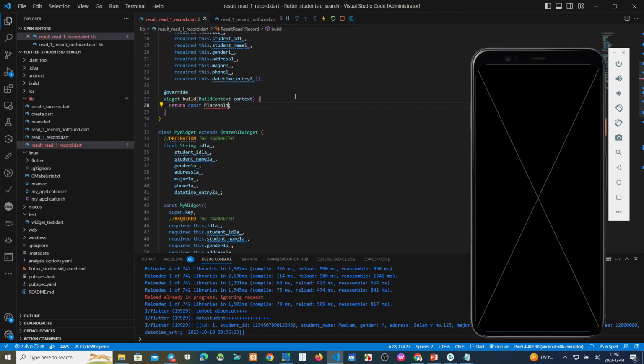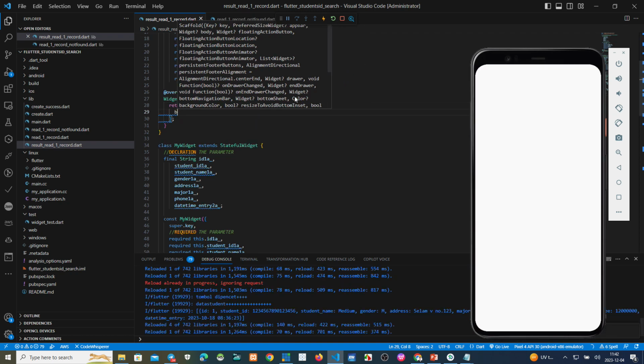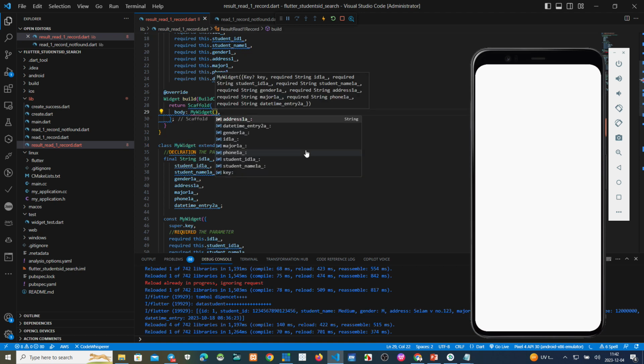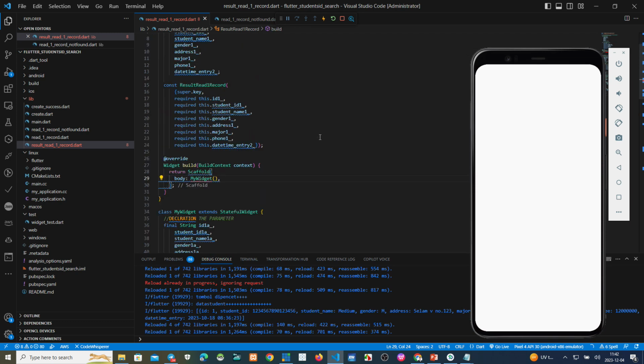Stateful. Body. My widget name, this one, copy. Body.